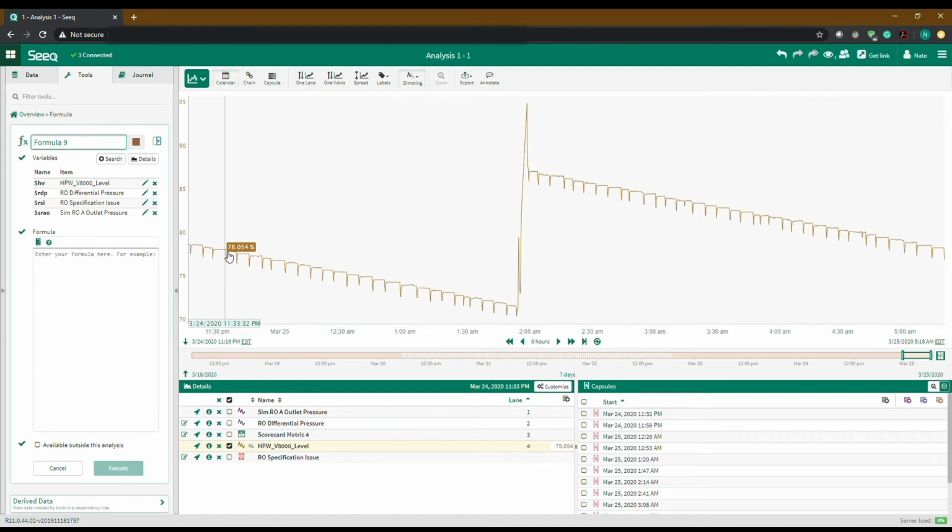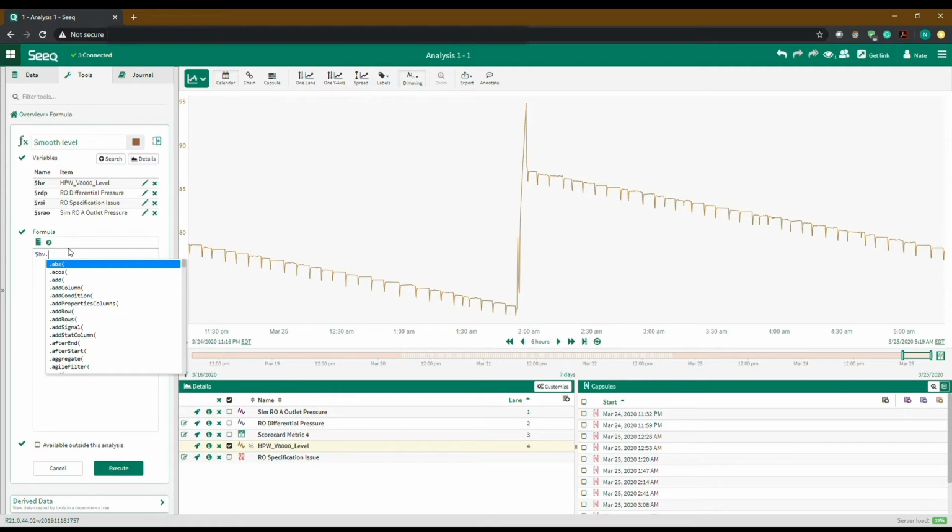We want to try to smooth out the signal as much as possible, so we're going to call this smooth level. The way we're going to smooth this out is we're going to take the running average of the signal over a period of time. So first off, we have to find our variable, which is here, and we use the Seeq syntax to create our formula. I'm going to do this over a 20-second period